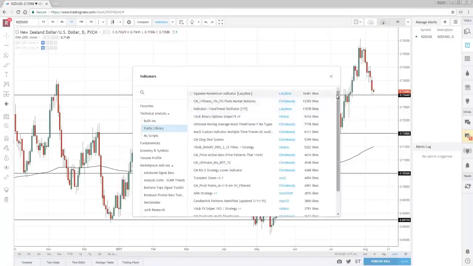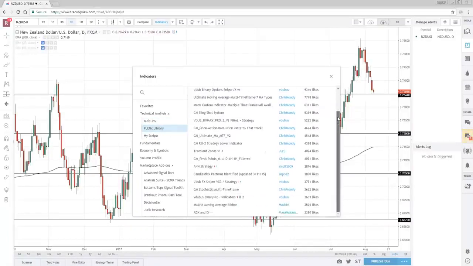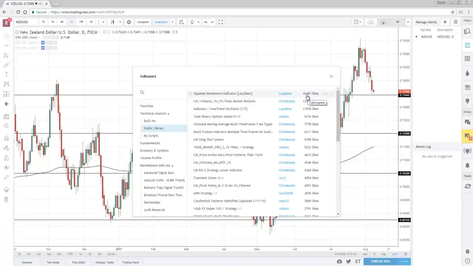You can see that some of these indicators have 16,481 likes, by this guy called Lazy Bear. He created something called the squeeze momentum indicator. I'm not sure what that is, but apparently this indicator is very popular. So the likes generally show you which indicators are the most popular ones. I don't really use this generally because I'm just a very simple trader who uses very simple tools